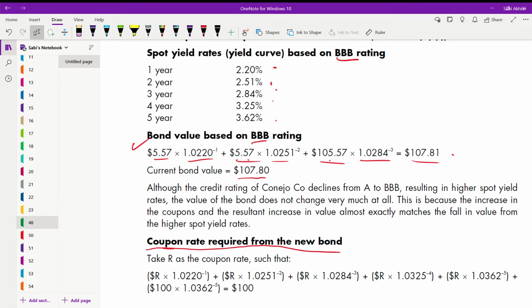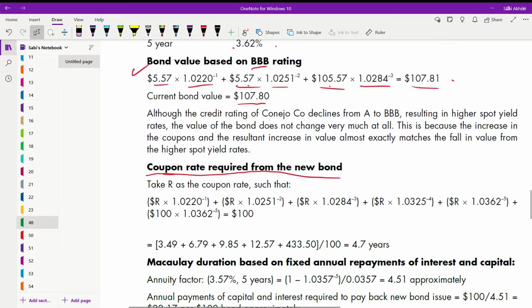If you see here, you are paying this in the second year, this in the third year, and then a variable interest rate. They want a fixed rate. With a fixed rate, your rate will be fixed, but R, the coupon rate they require, will be fixed. So this, right? New bond means,